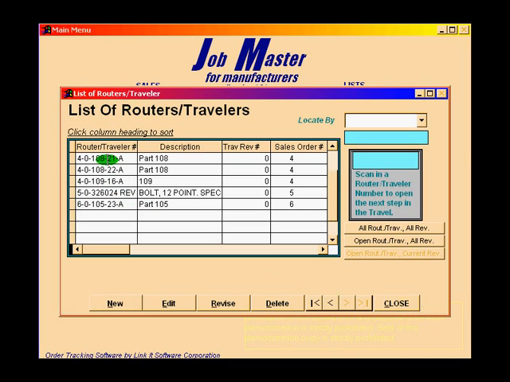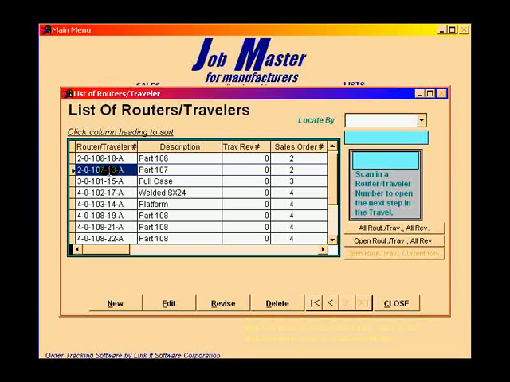As you recall from our previous discussion, any traveler can be selected from our list of travelers here depending upon what type of listing the operator determines, and that traveler can be brought up on the screen and reviewed by clicking on Edit, and changes can be made by using the Edit button as well. The scroll bar, of course, runs us up and down the list of travelers, and actually I think what I'll do is I'll go ahead and pick this traveler to edit. It has quite a few features that I'd like to show you here as a demonstration of how the traveler works. So I've now highlighted this traveler, and I will click on Edit,